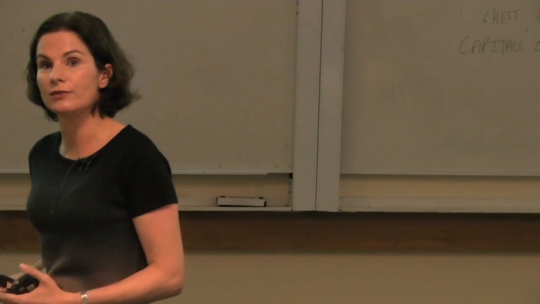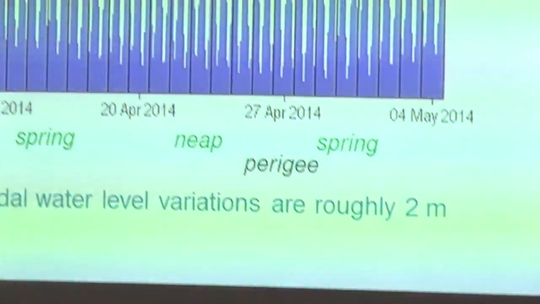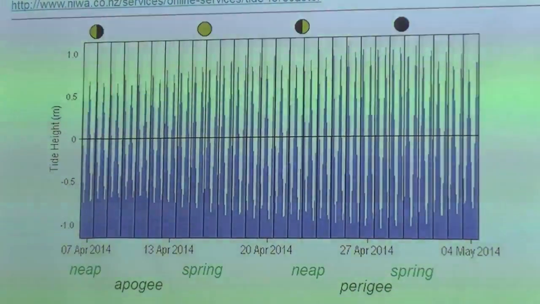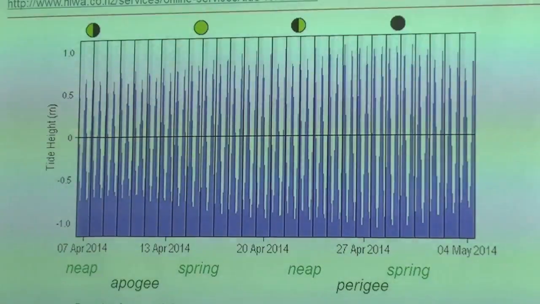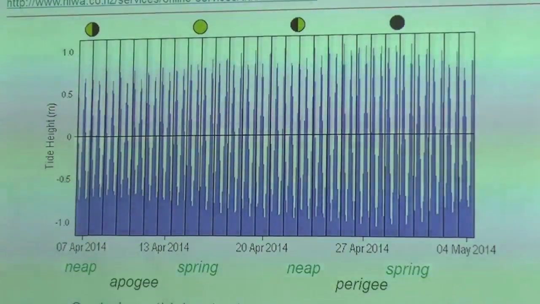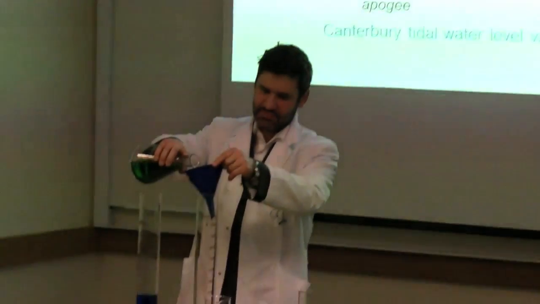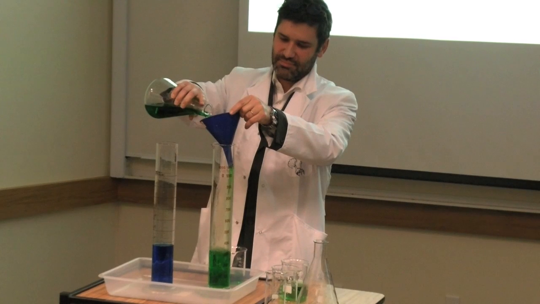We've also got tides. So I was talking 2 to 4 years there. Every day we have tidal water variations. And in Canterbury, roughly about 2 metres variation in the elevation of the water surface at the coast. So we've got NIWA's tidal predictor here across our current month, and you can see the high waters and the low waters, and roughly we've got about 2 metres variation. So we can add 2 metres to our variation in our mean sea level, or plus or minus one metre.